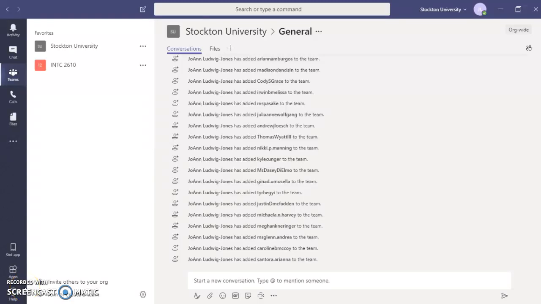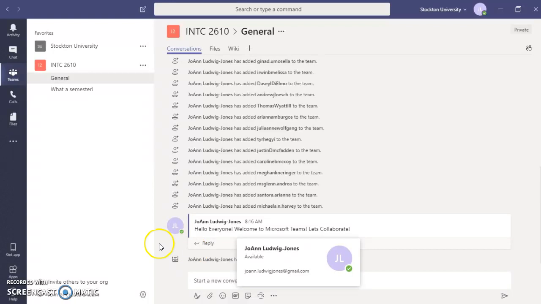Hello, I'm Joanne, and I'm here to teach you how to attach a file into Microsoft Teams. Microsoft Teams is a part of Office 365. After you started your team,